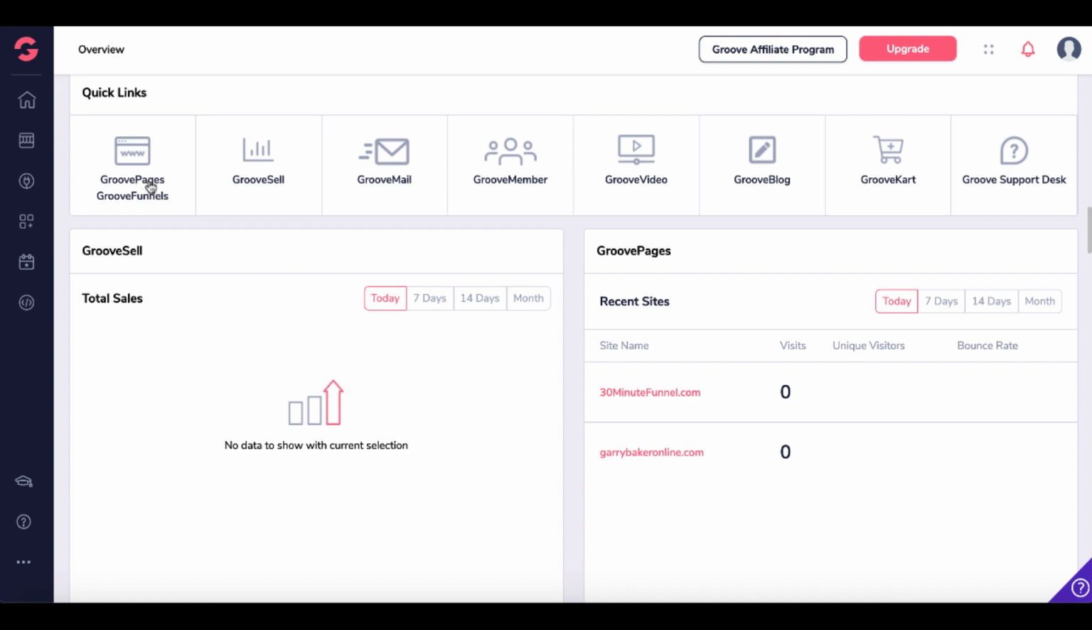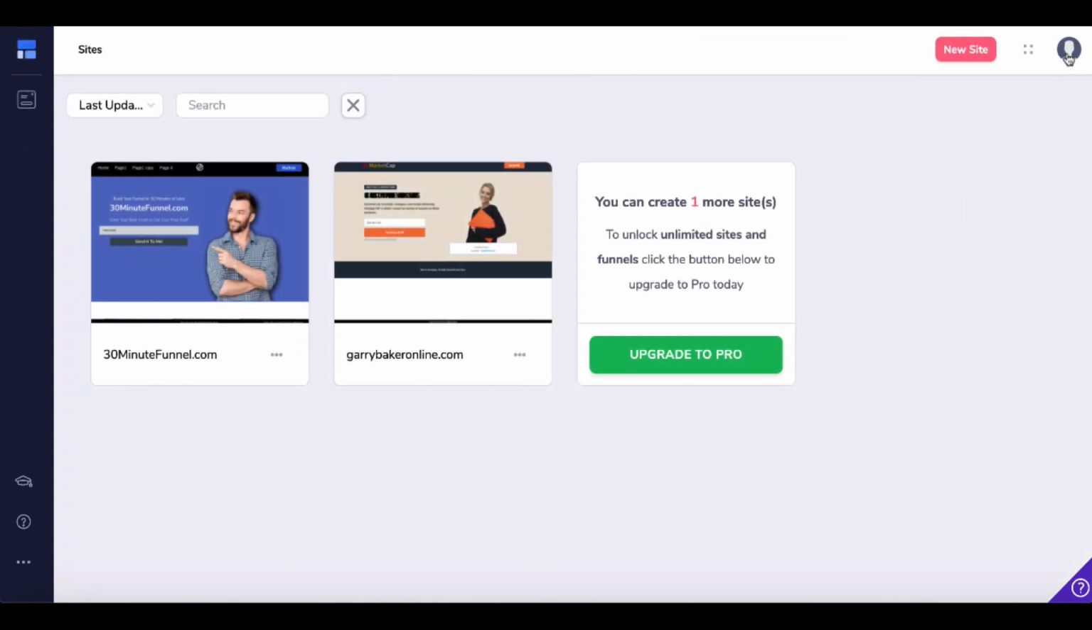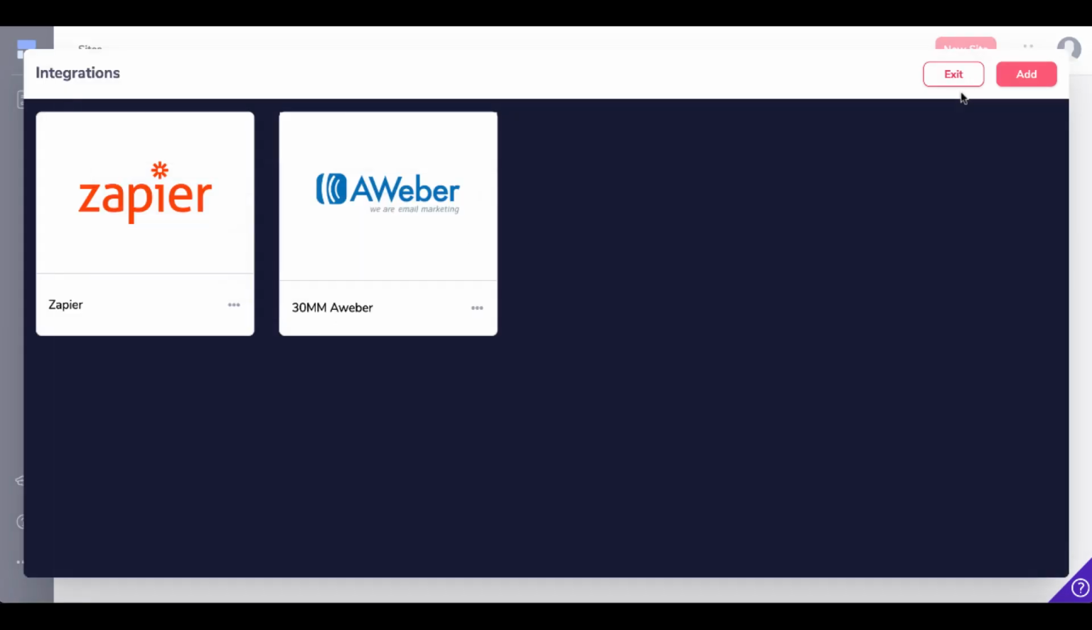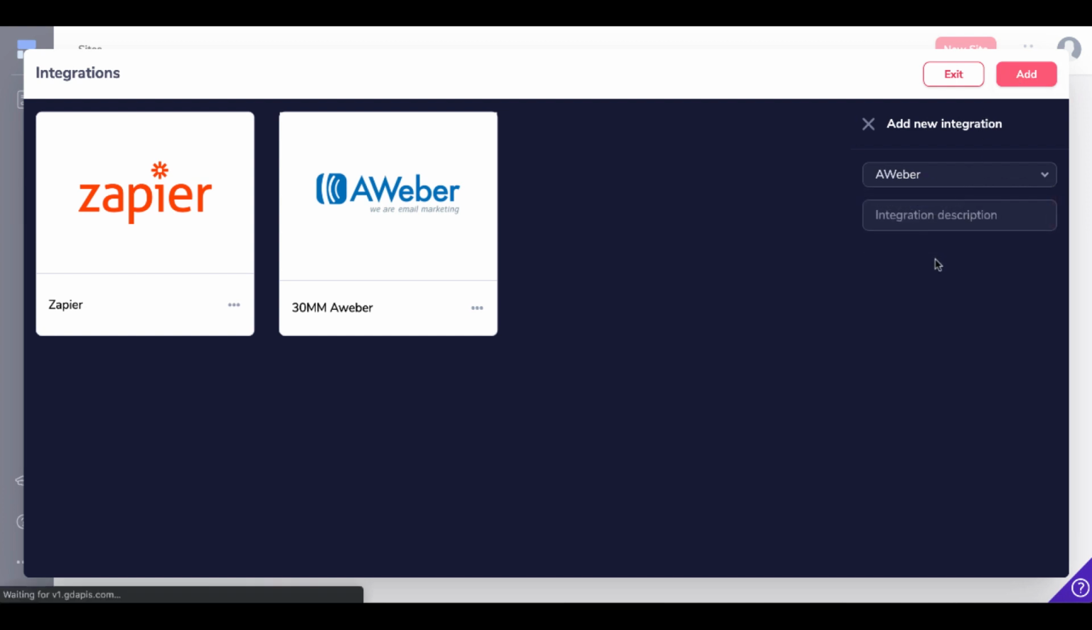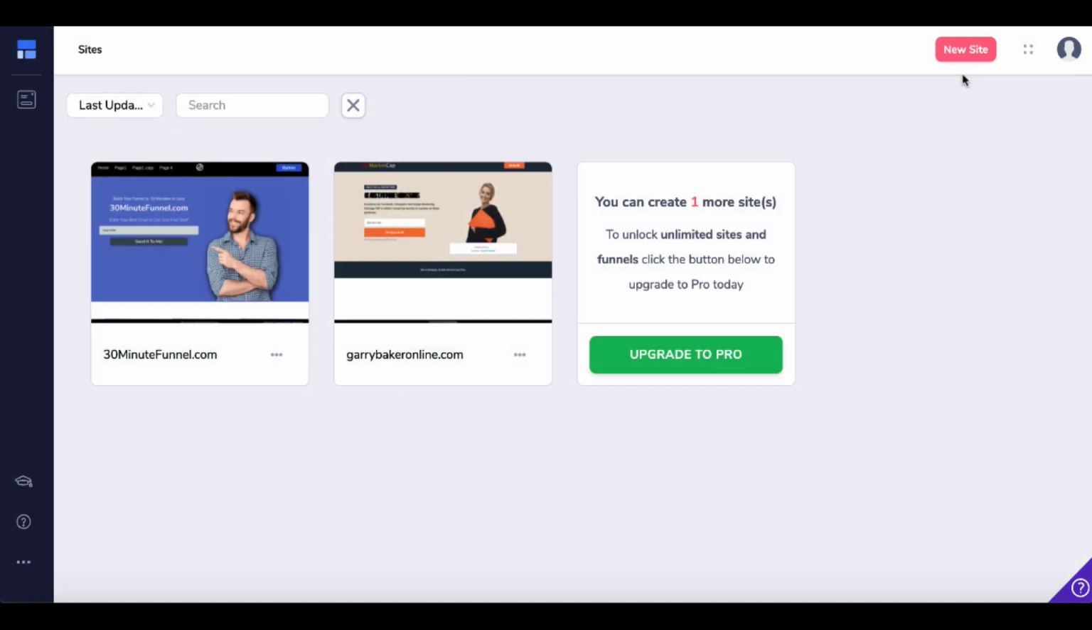Simply log in and click on GroovePages and GrooveFunnels. Once you're in GroovePages and GrooveFunnels, you'll come up to your account here and you will go under My Integrations and you will simply add Aweber into the list of integrations in your account. It's as simple as going to integration type, selecting Aweber, and then authorizing your account to integrate with Groove. Once you do that, exit, come back, and now we are ready to build a landing page or an opt-in